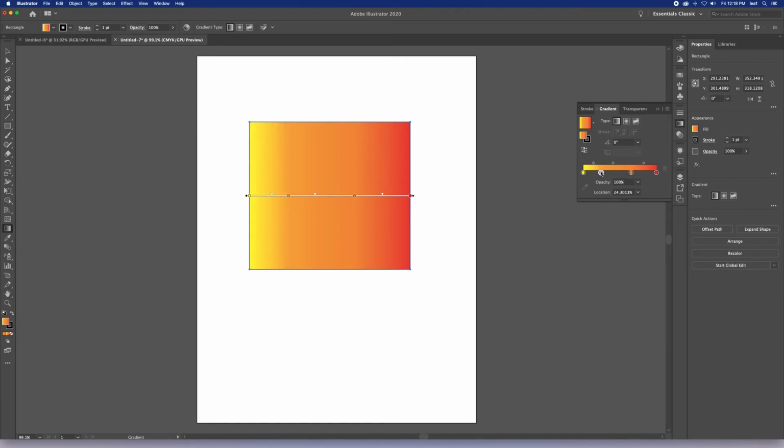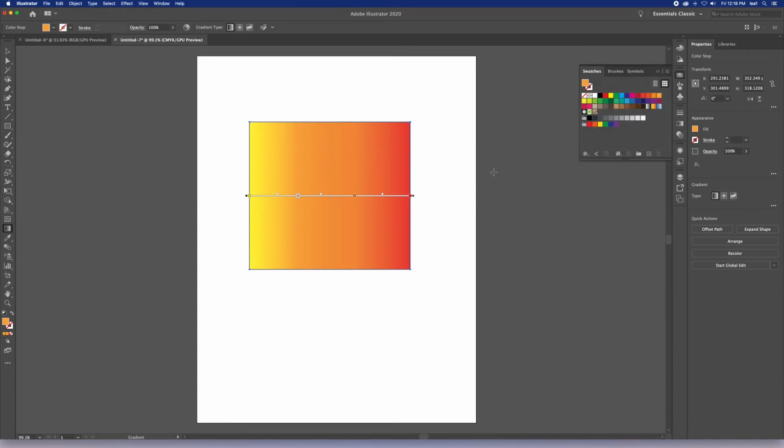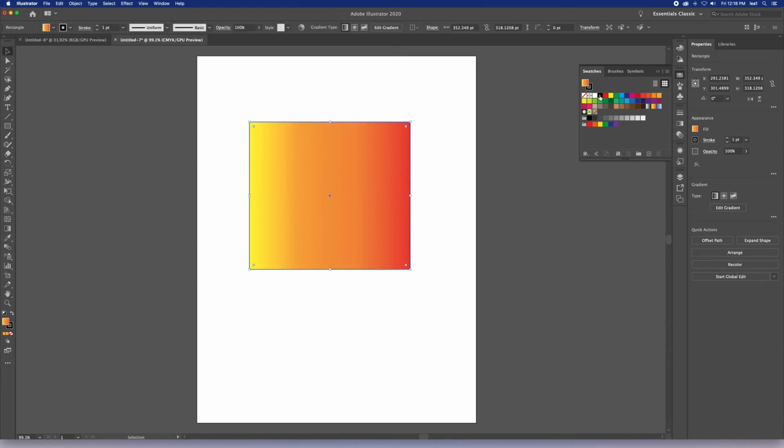Gradients can be saved as swatches. So if I select this gradient here and then go to my swatches panel, making sure I have my gradient selected here, you can see this is the gradient preview. And I can now add this to my swatches panel. To go back to the gradients,